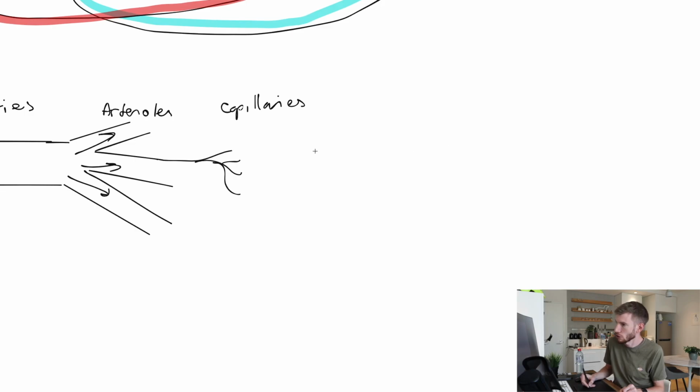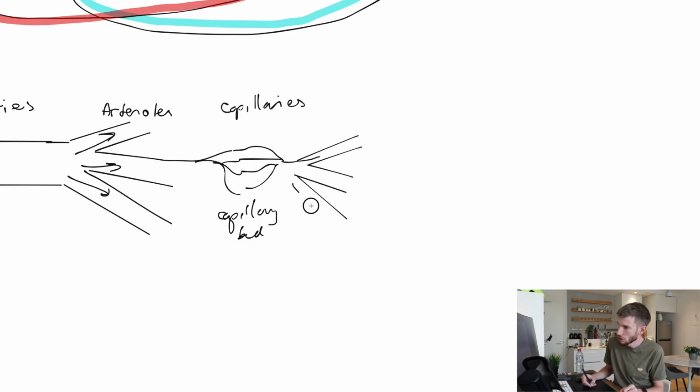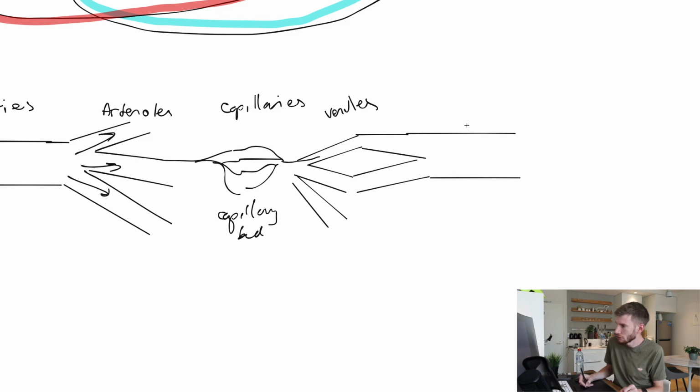On the other side though, on the receiving end, you've got capillaries joining in, and this is then forming a capillary bed. I'll come back to that in a moment. And then the blood will start to go back out into slightly larger little mini veins. So these are your venules. And then from there, venules can join and form larger veins. And this then leads back to that superior and inferior vena cava, which are the primary, very, very large veins